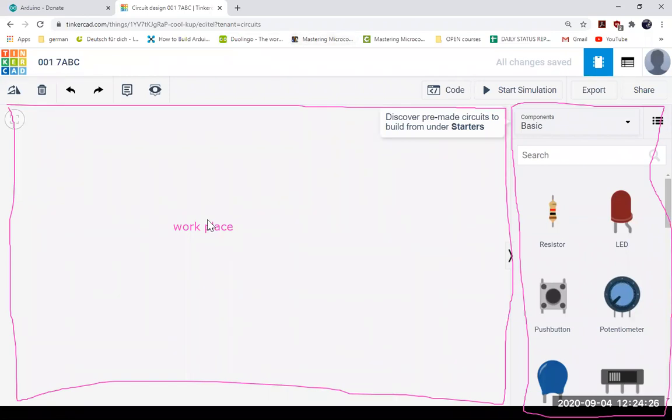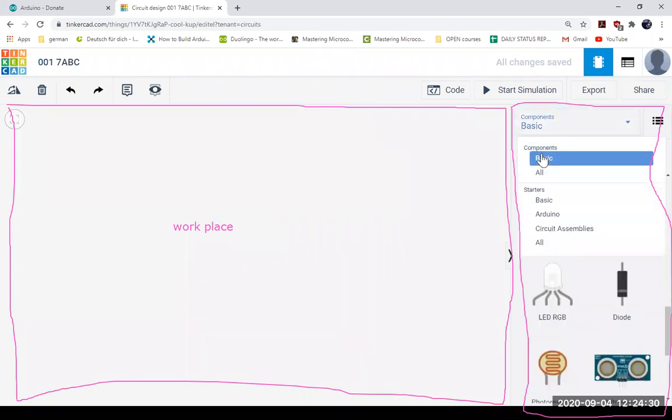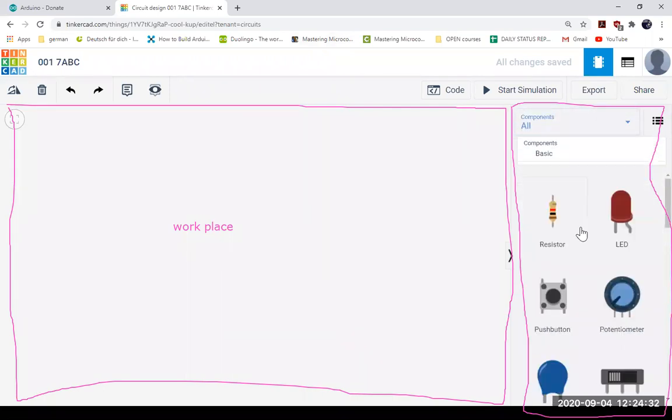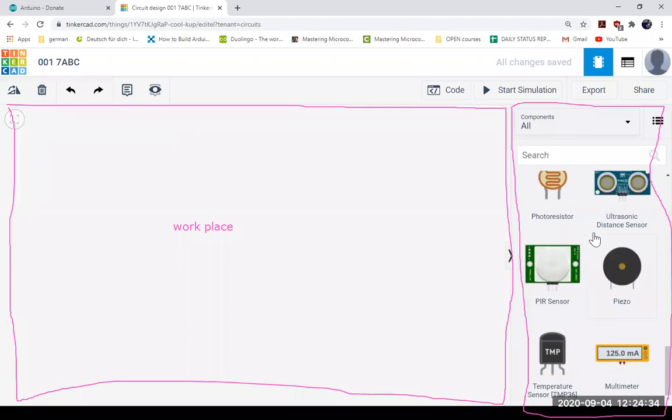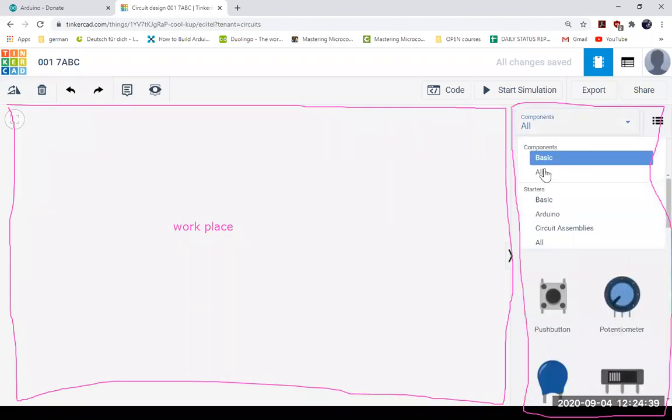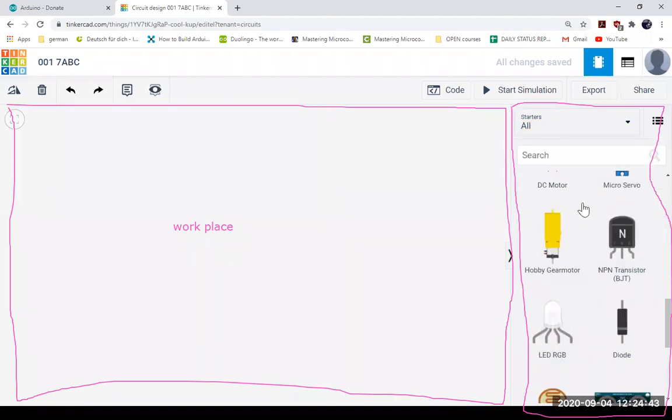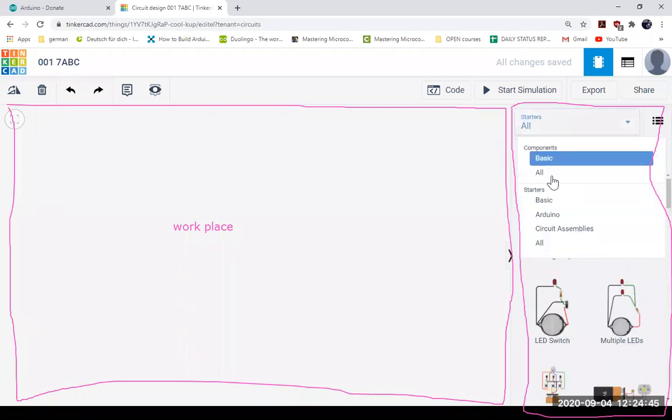It's all right? Okay. So if you go to all, so this is basic, go to all, you can see all the components listed here. Actually, it's not showing. I think there is an internet problem.